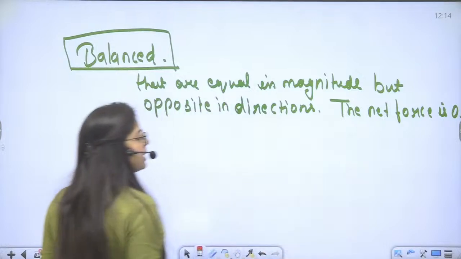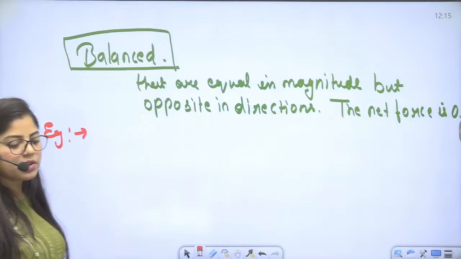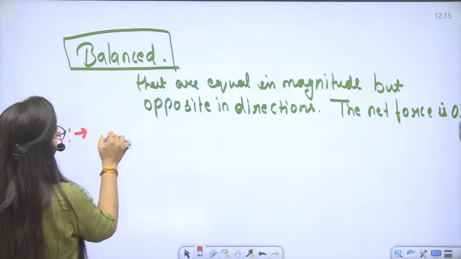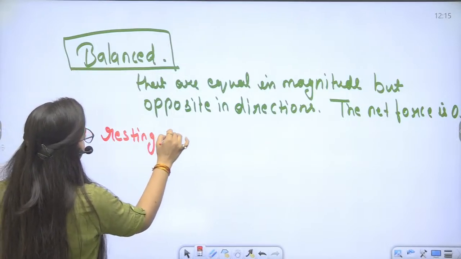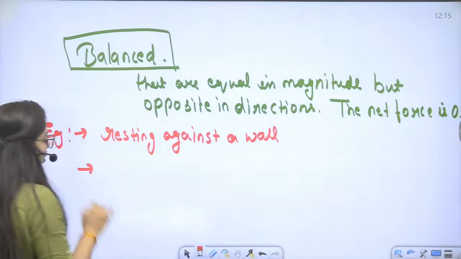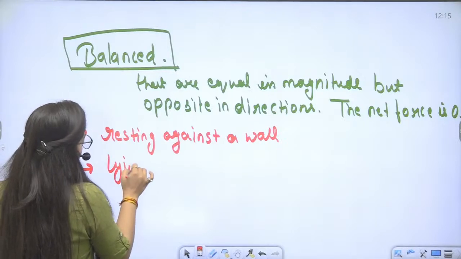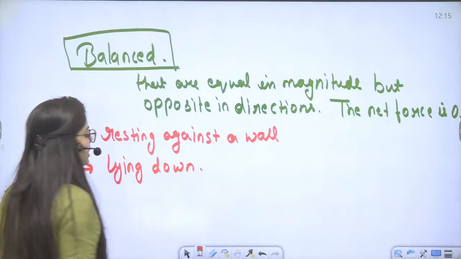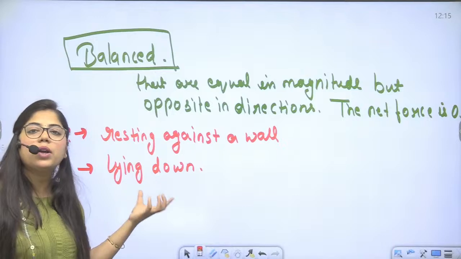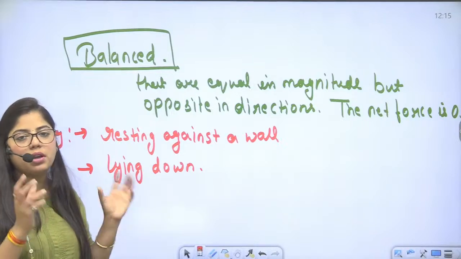There are some examples of balanced force. What are some examples of balanced force? Like resting against a wall. Another example of balanced force is lying down. If you are lying down on a surface, it is the best example of balanced force. Why? Because they have equal magnitude but opposite direction, and the net force becomes 0,